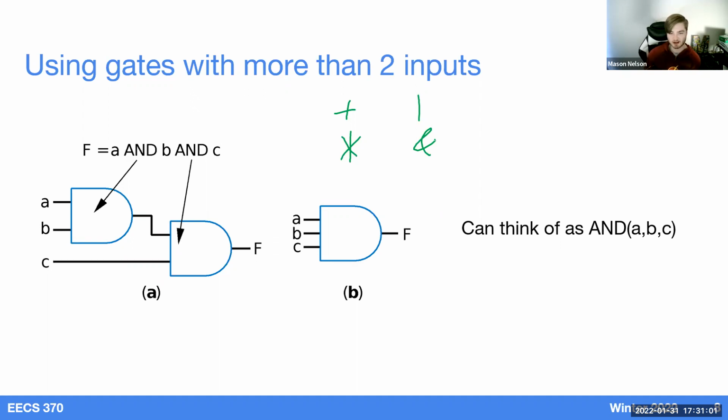Instead of making separate gates, we can combine them into one gate. So for example, this circuit over here, circuit A, really represents this, where we're doing the A and B first, and then we're feeding that into another AND operation. So this is equivalent to A and B and C, if the B and C are in parentheses. All the same thing, very useful to us. So after looking at that,